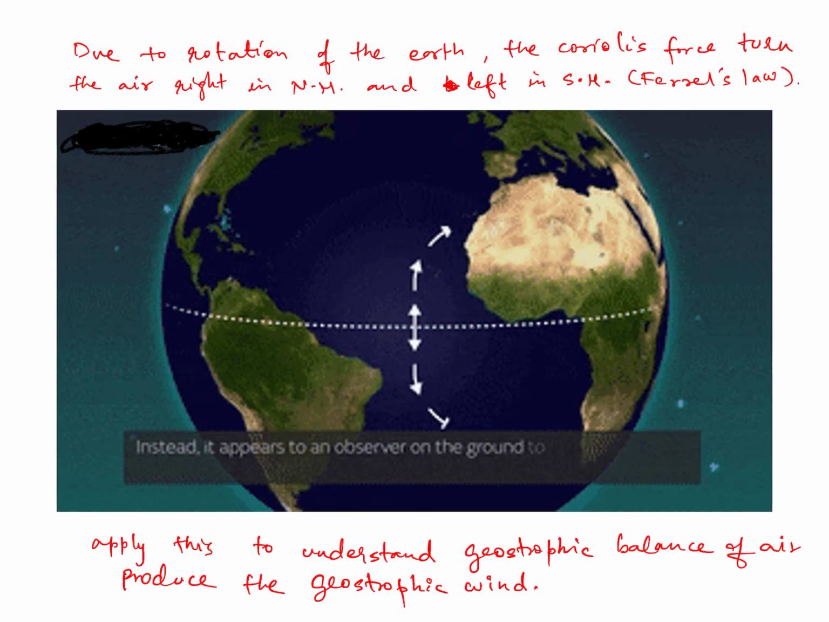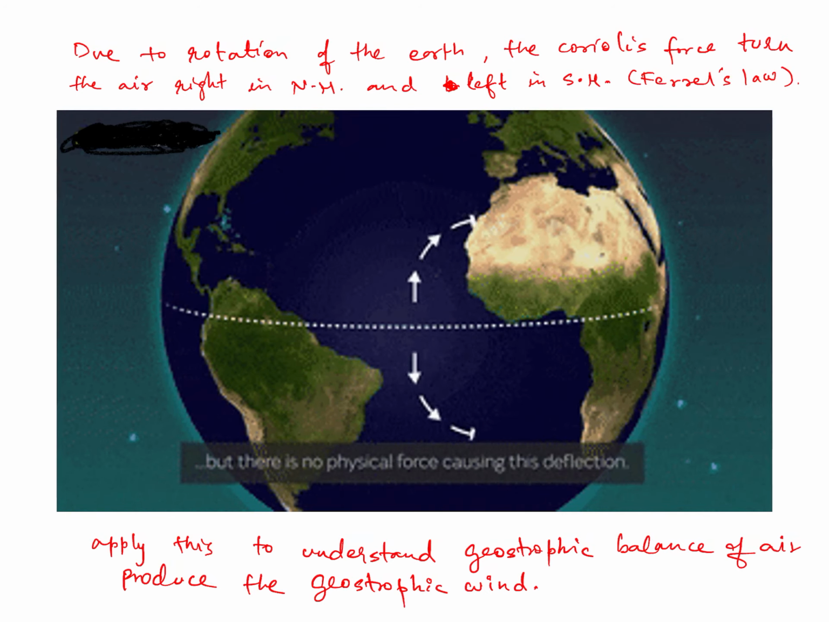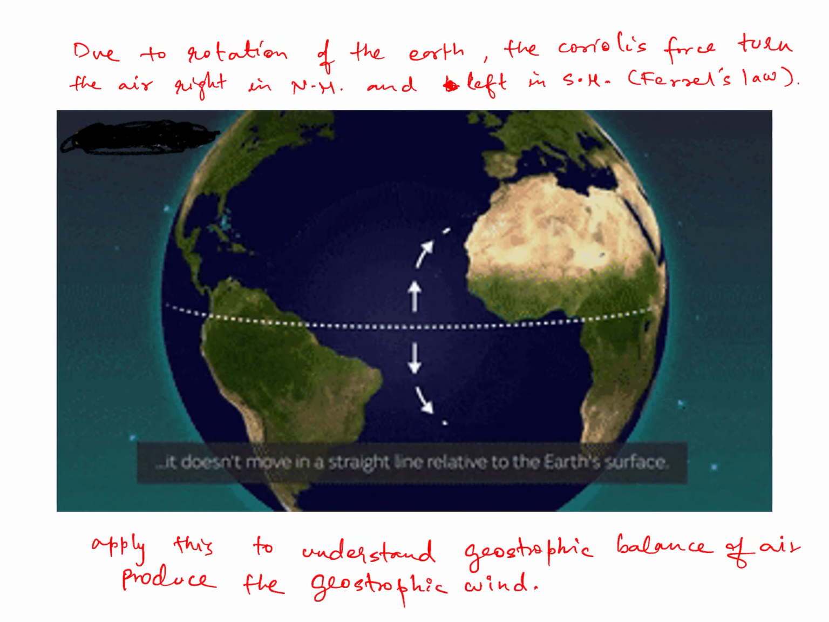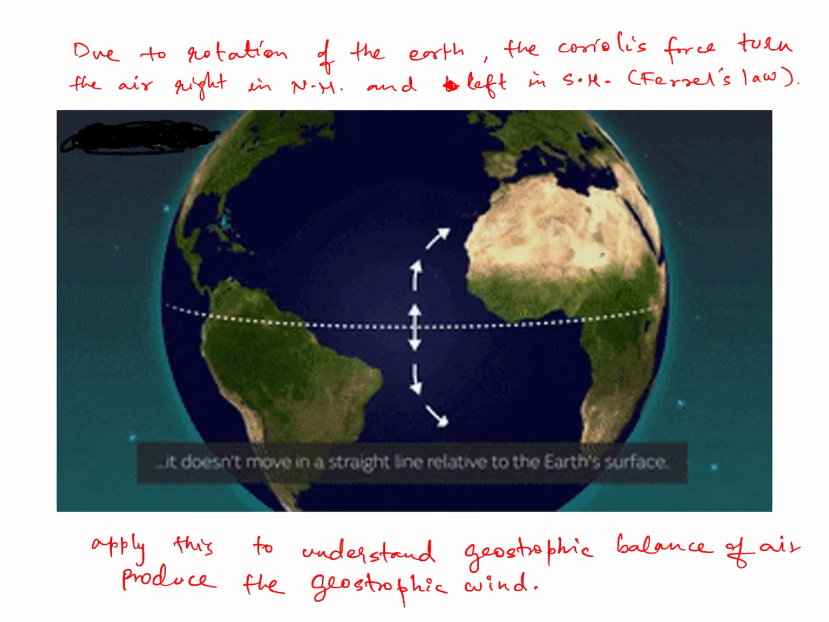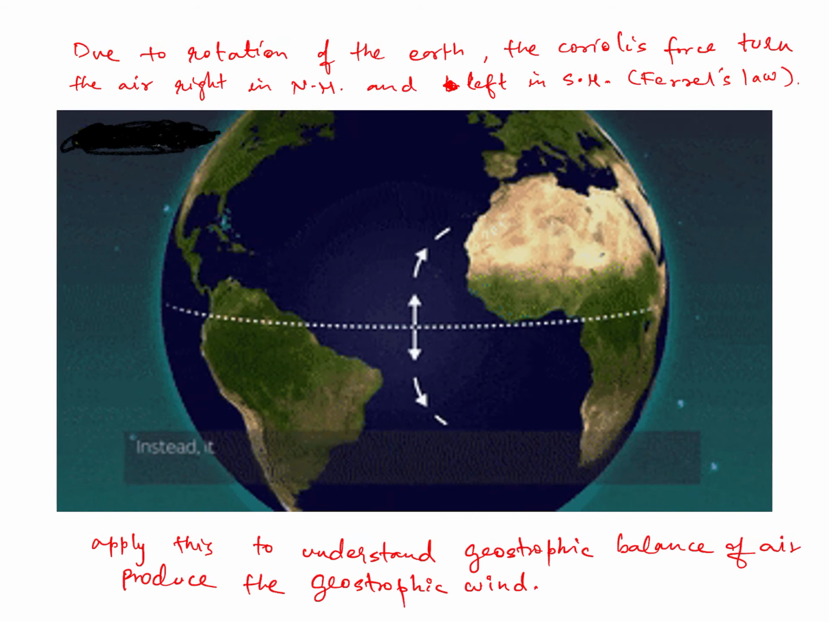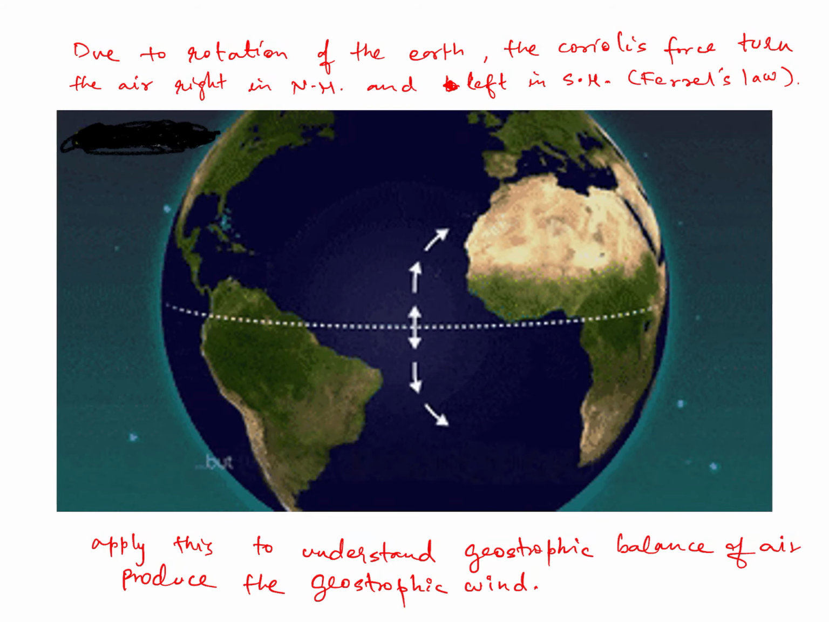When the air is moving from the equator to the pole, then in the northern hemisphere, due to rotation, the Coriolis force is generated, and as a result the air moving towards the pole turns towards the right due to the Coriolis effect, and in the southern hemisphere the air turns towards the left, and because of this, a kind of a balance between the pressure